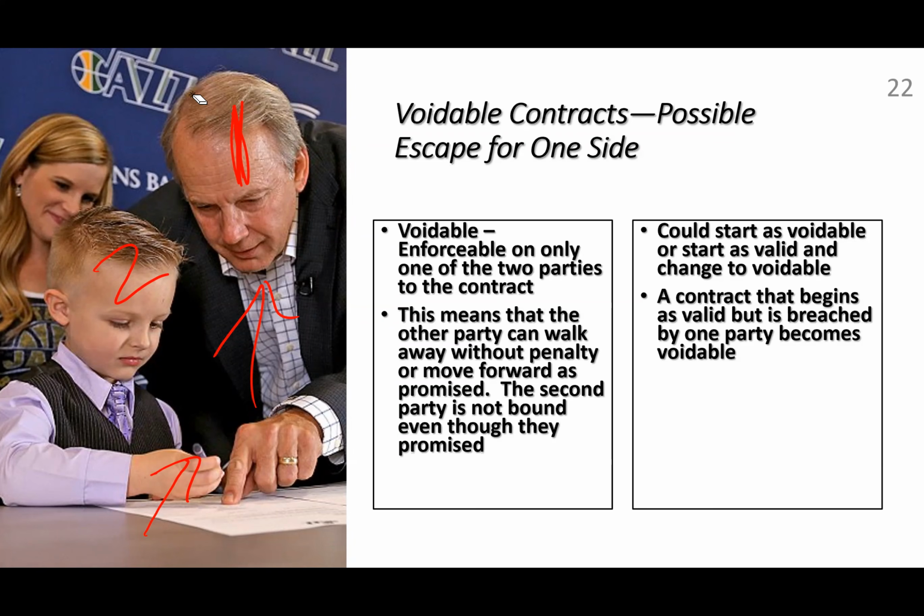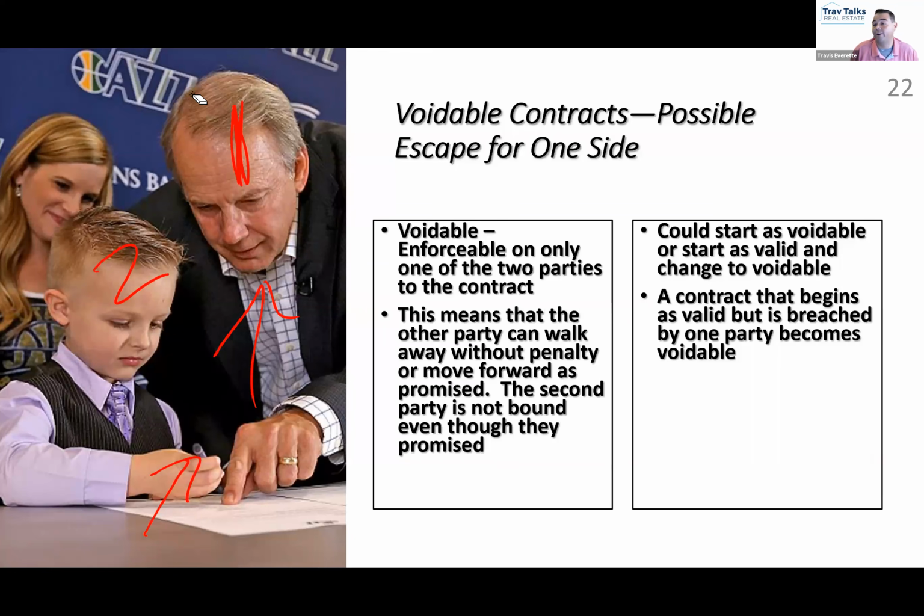Okay. It's over. Void is not terminated. They don't mean the same thing. Okay. So you did say, Travis, that being breached is what turns the contract into... I said a breach is one example of something that can change a contract from valid to voidable. There are lots of examples of how contracts could start as voidable.